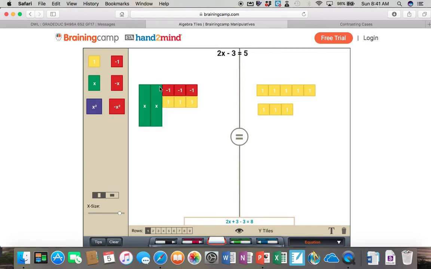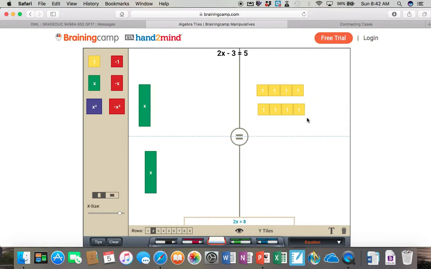Now this is the feature right here which really caused my student this year to realize what was happening at this point of solving equations. As we make our zero pairs, they actually disappear. And this had a deep impact on her understanding. Okay, and at this point I'm going to divide by 2, and I represent that by doing this.